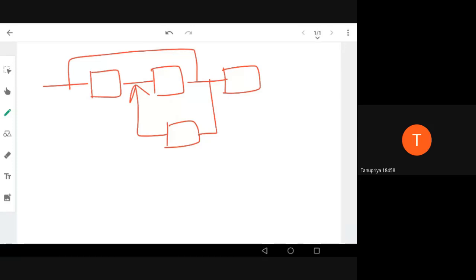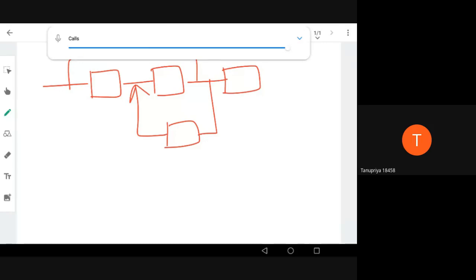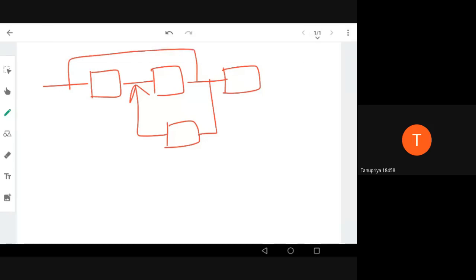If you have seen the block diagram reduction techniques, it is very complicated. There are a lot of steps and a lot of ways we can go wrong, and there is no fixed starting point or ending point. A lot of people can do it in different ways and they can reach the same conclusion or different conclusions. So there are a lot of ways of losing control in programming.